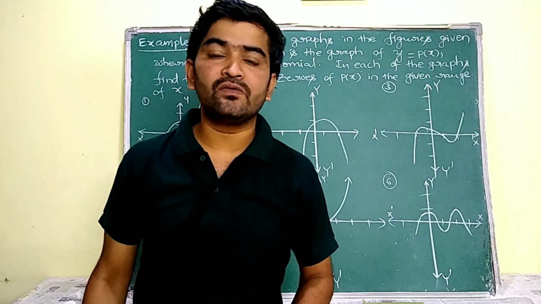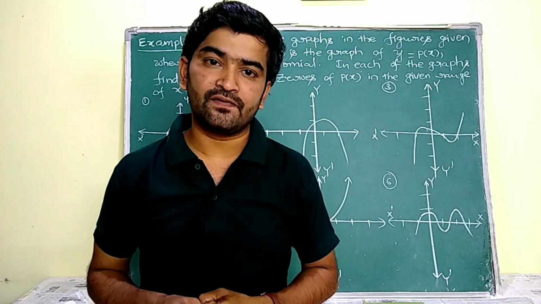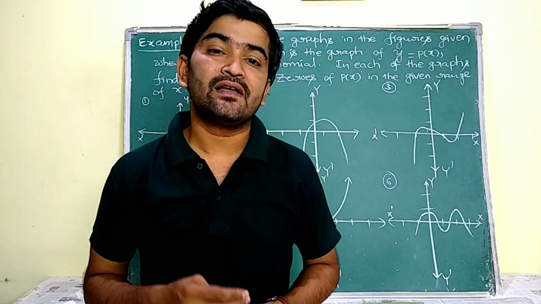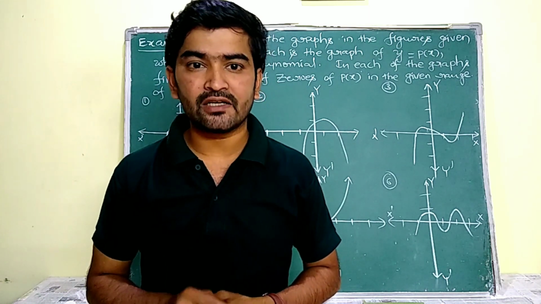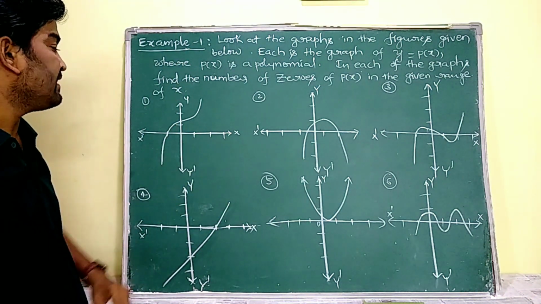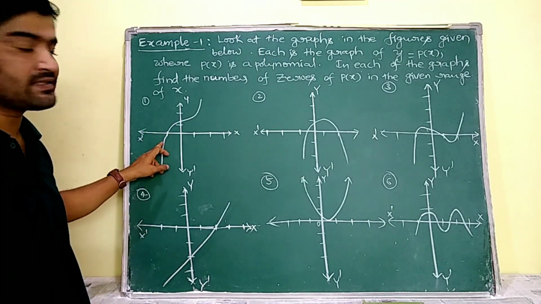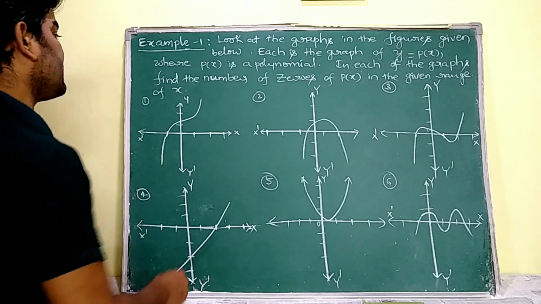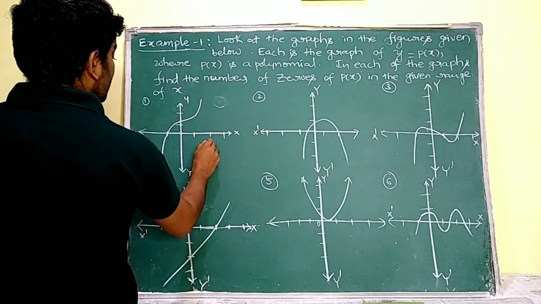In the previous video we discussed that the graphical meaning of the zeros is expressed as the number of points at which the graph touches the x-axis. That means, see now, here we have to count first in how many points this graph touches the x-axis. Here this graph touches the x-axis at exactly 1 point. That is why this graph is having one solution.